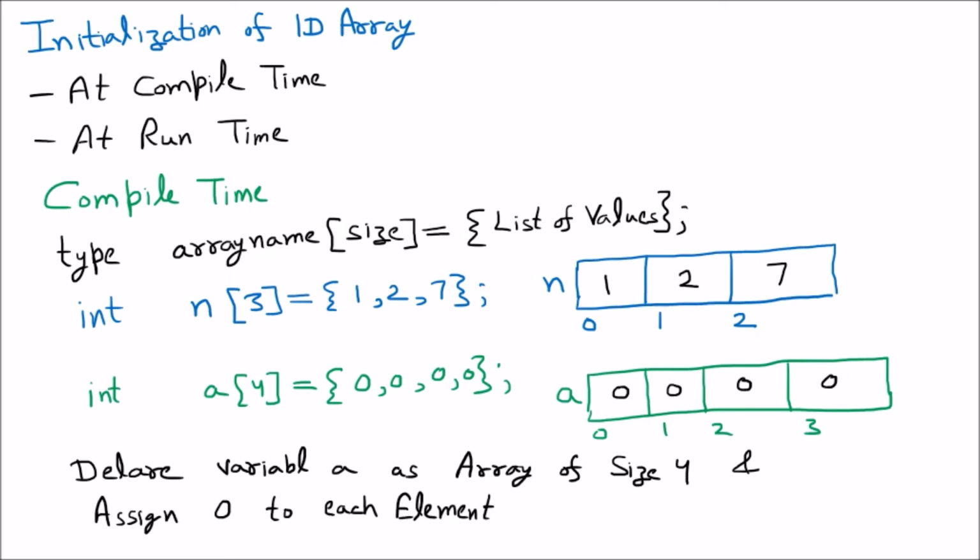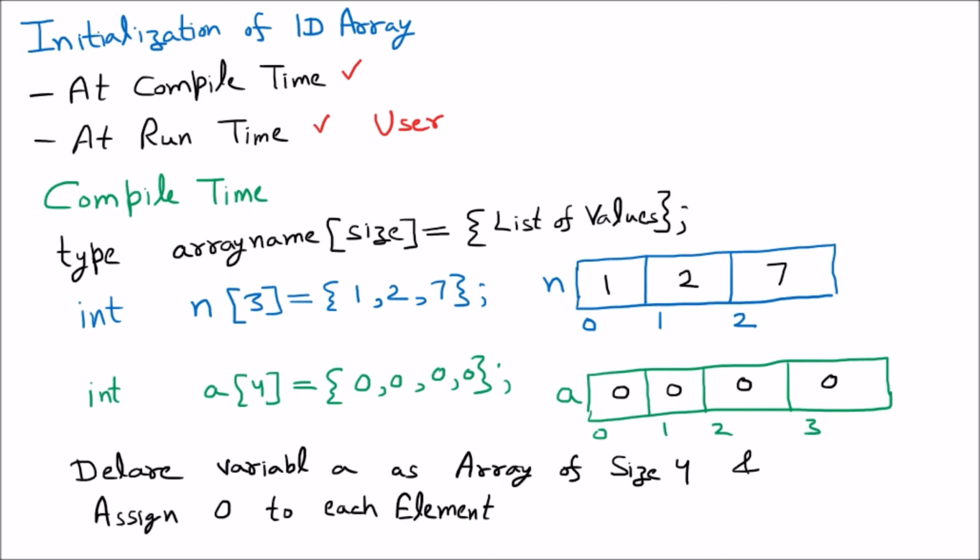So if I talk about compile time, whenever we define the values of the array while we are doing the programming, that is called compile time. And talking about runtime, if we take the values of the array from the user while the program is running, that is called runtime. So if I take a few variables and their values are given by the user, that is initialization of an array at runtime because the program is running at that time.